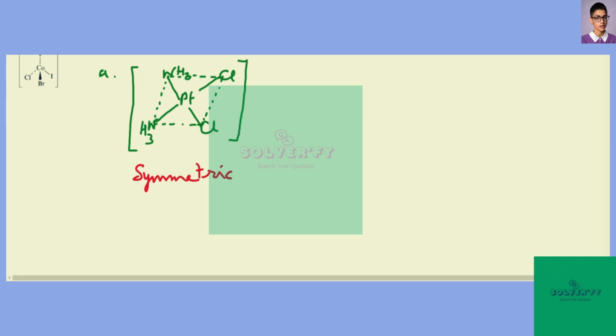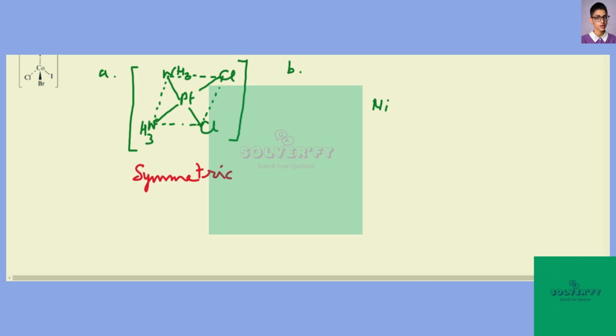Now come to B. B molecule is trans nickel en2 Br2, when en is ethylene diamine. So it is trans, an octahedral complex with en and Br. So we can make the structure of this also. Nickel is at the center,